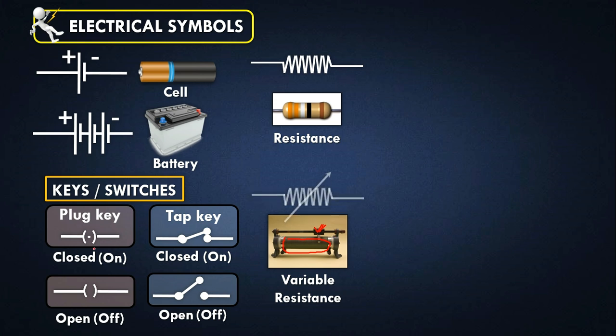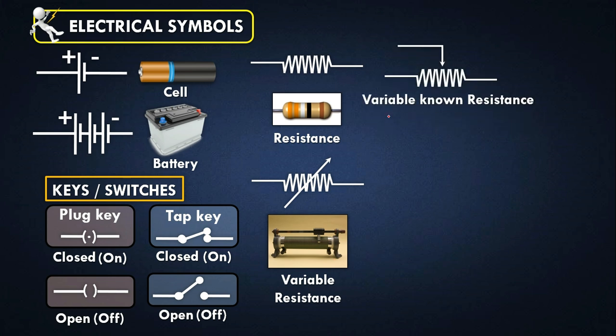The symbol of variable resistance will be like this, a simple resistor only, but at the top of this resistor symbol we will have an arrow mark. This arrow mark represents variable resistance, which is also known as a rheostat. What we call it as a rheostat. Okay,